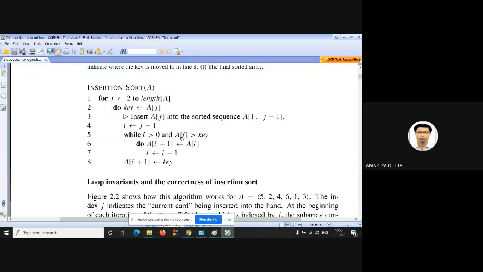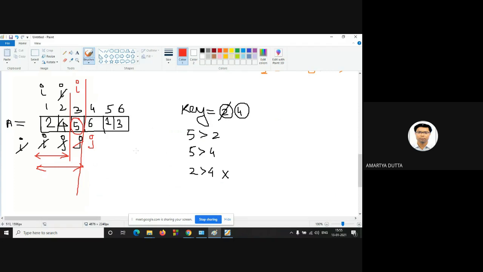So it will not be executed. So 6 will be at its proper position. So 2, 4, 5, 6. This is already sorted. In this way, you can propagate your algorithm.